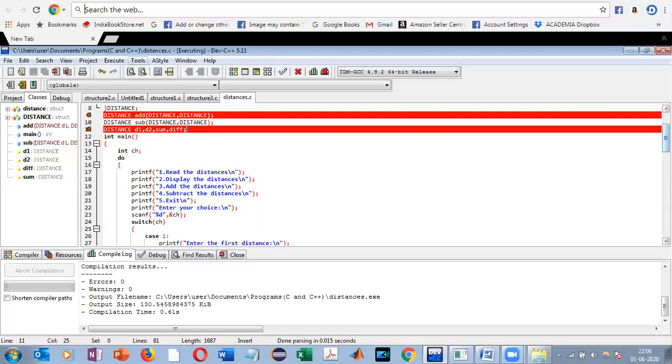That is also what we do even when we are using normal data types. So that was about passing structures to functions by accessing the individual members, and also through passing the entire structure to the function.